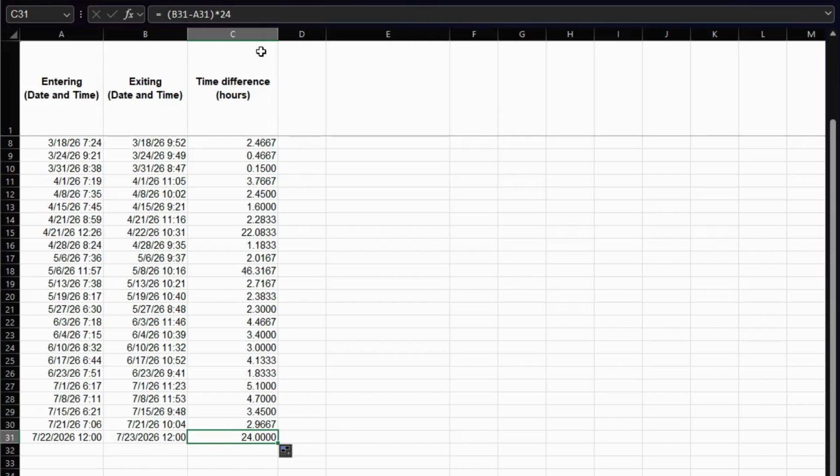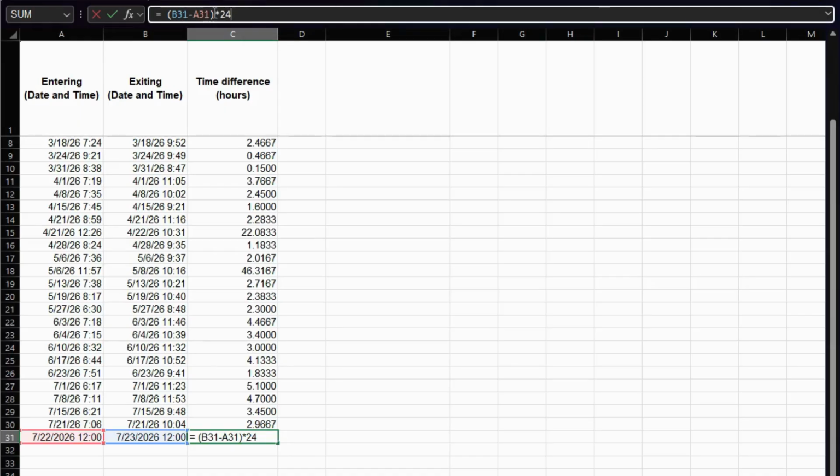Now, we see that 24 hours is correct here, and if we click on our formula bar, it will actually create colors for each of the cells that it's taking. So this B31 is replicated in this blue rectangle here, and this A31, this red one, will also be replicated in this red rectangle here. So it's telling you where it's pulling this information from, and this is a way to check that your functions are in the right order, because if it's not in the right order, it might give you a wrong answer. So that is all I have for you